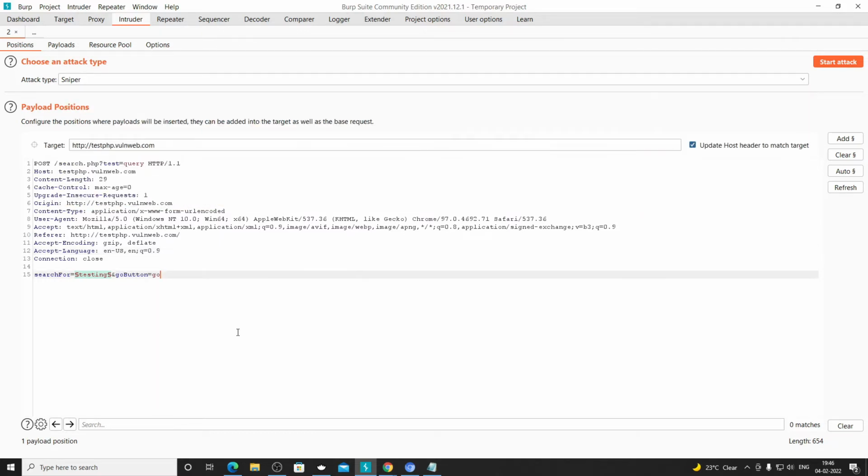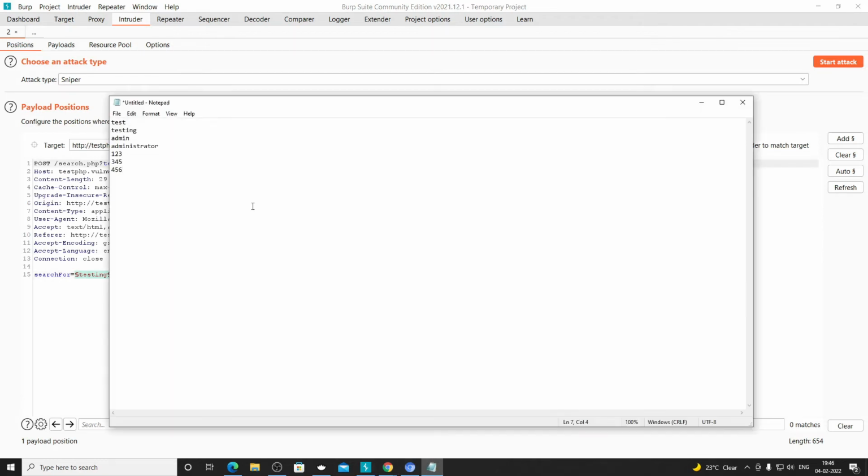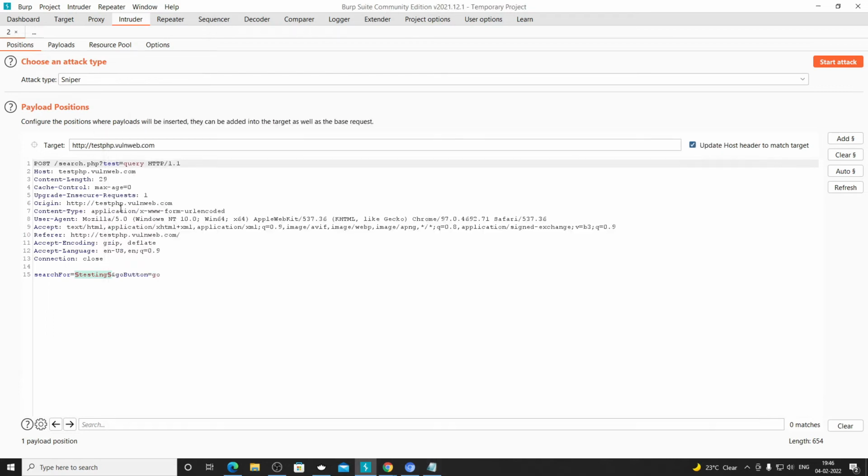What is battering ram? I will try to explain it like this. Okay, with the battering ram attack, suppose you have to make different parts of the request dynamic, but with the same value. Okay, just listen to that carefully. You have to make different parts of the request dynamic but with the same value. Suppose